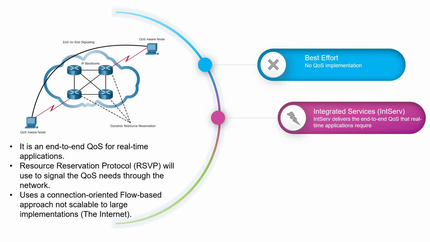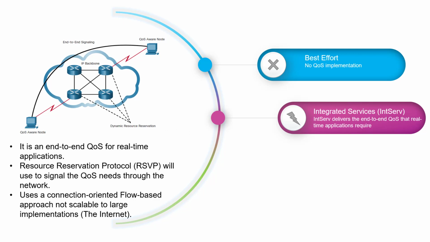If the network devices along the path can reserve the necessary bandwidth, then the application data will be communicated. If not, the application data will be discarded. Because of this integrated services QoS model, we have an end-to-end resource admission control mechanism. Therefore, we can guarantee the quality of the data travel. It is per request policy admission control. So we have microflow management in the QoS process. Therefore, you can treat traffic in a micro level approach.